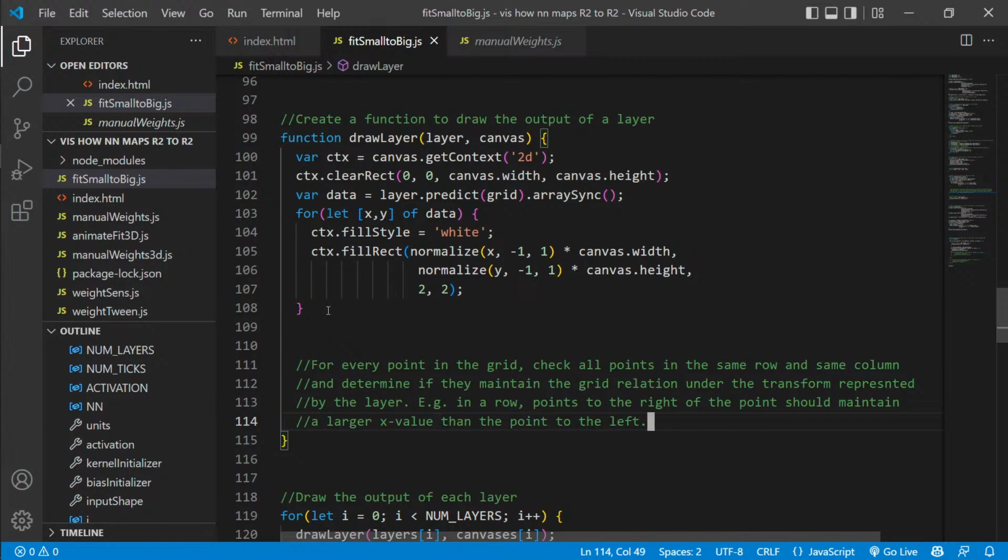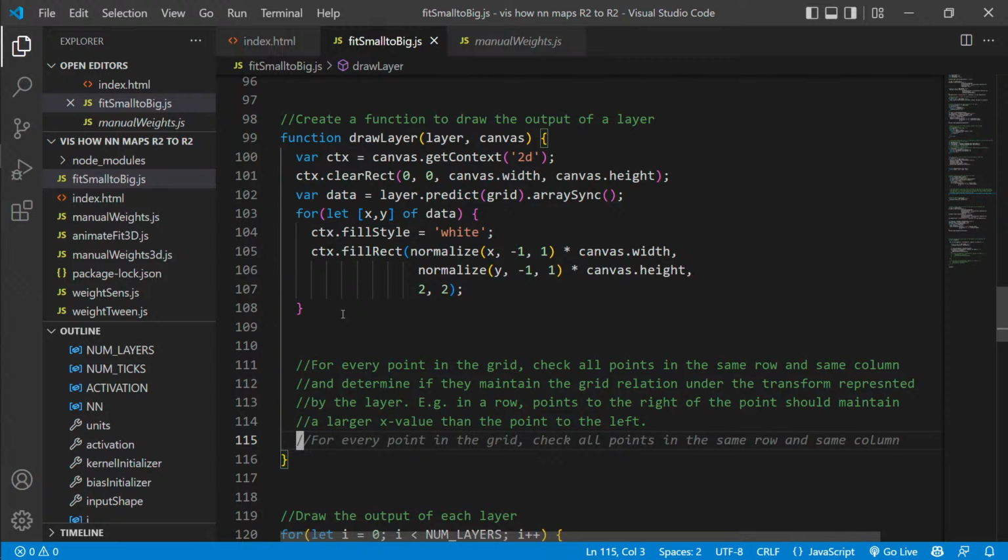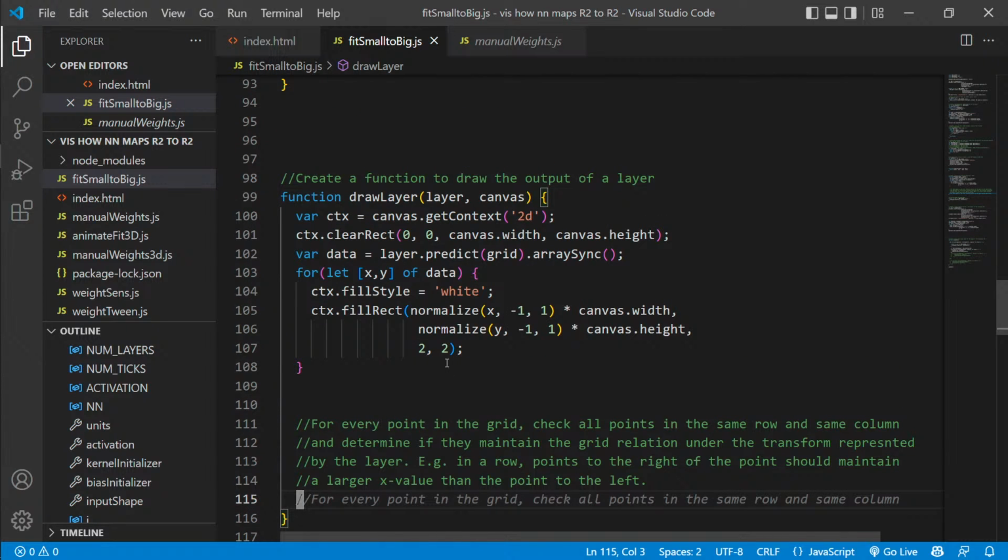Yeah. Okay. So anyway, we're gonna loop over